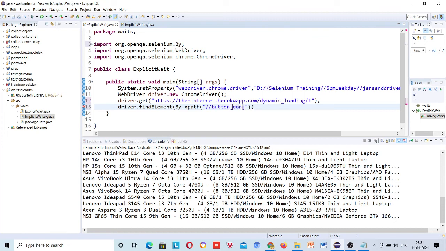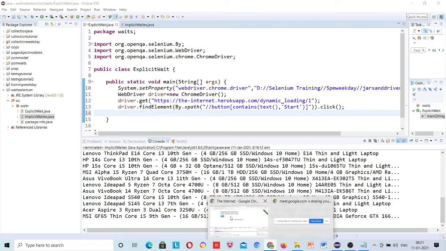Text start, and then I want to click on that button, so my text will be loaded, right? And then I want to grab this text.